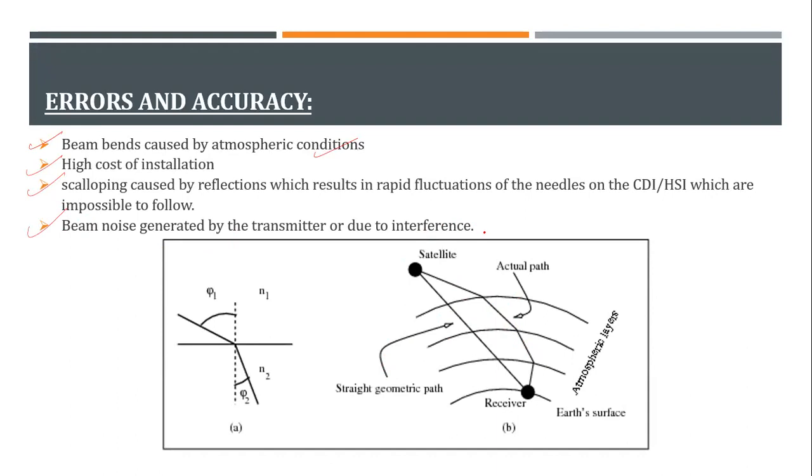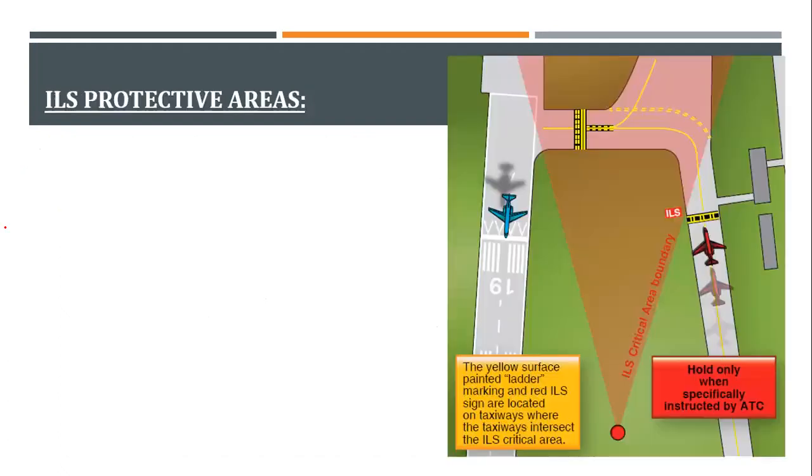I explained in the second chapter that because this is an electrical circuit, the circuits have an internal noise. This internal noise will affect the accuracy of the system, and that is the reason the beam noise is one of the reasons it is having an error. Okay, these are already covered, not much important.